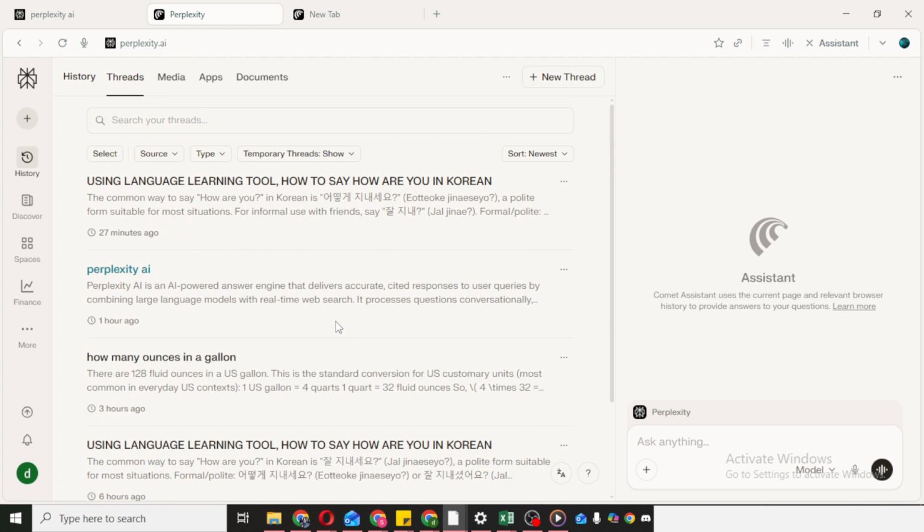Here, you can see all of your chat history. The entries usually appear in chronological order, showing the most recent first. Each conversation is represented by a short title or the opening lines of your prompt, along with a timestamp. This makes it simple to spot the right thread when you need to revisit an answer, verify a source you asked about, or continue a line of inquiry. It's especially helpful if you use Perplexity for research, brainstorming, or studying, since you can reference earlier context rather than